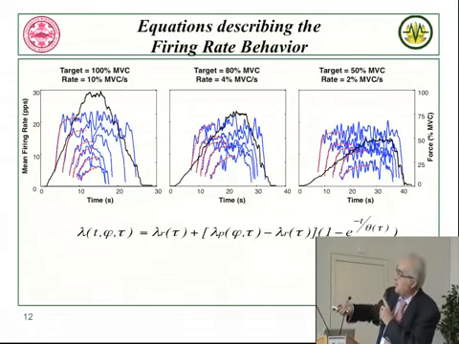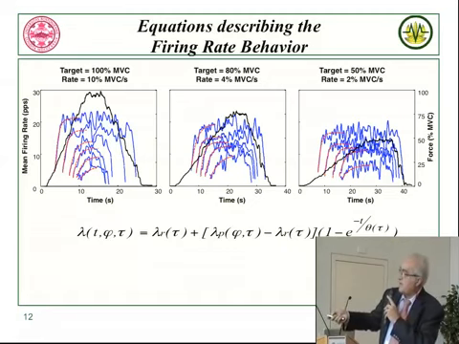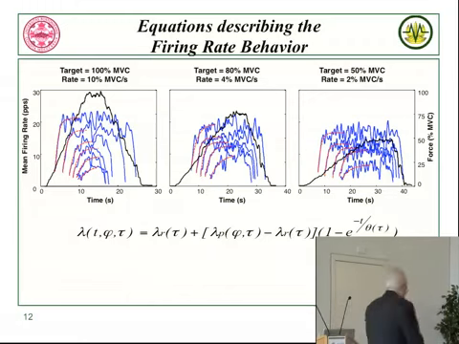We can do some curve fittings, and you can see that these are all one minus exponential kind of curve fittings for different force levels at 100%, 80%. Anyway, we can generate the equations for the firing rate as a function of time, as a function of force, and as a function of recruitment threshold, which is where they begin to fire. This becomes a very long, complicated equation, which can be solved, and it looks